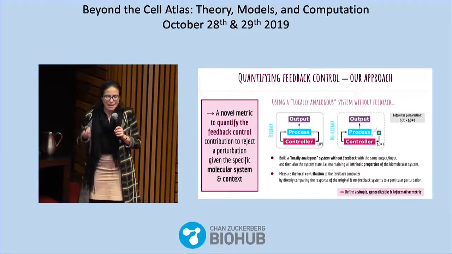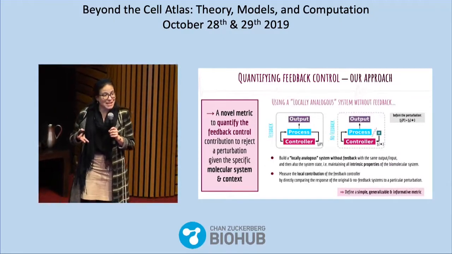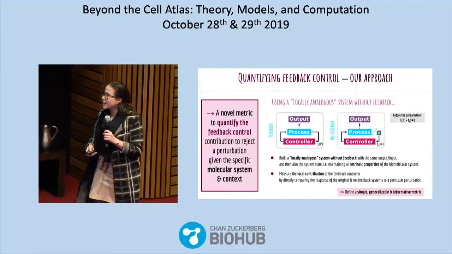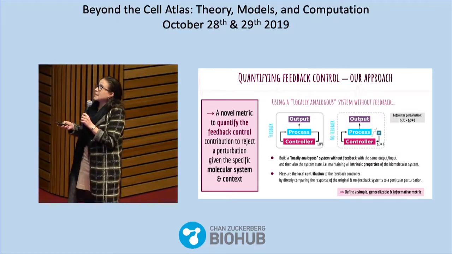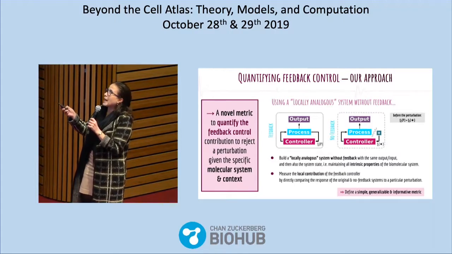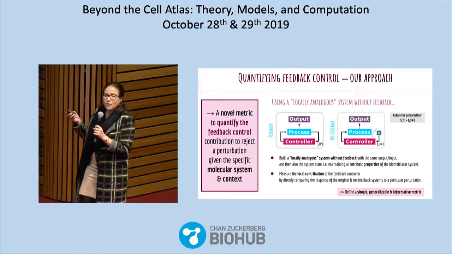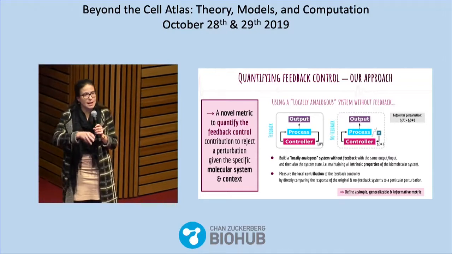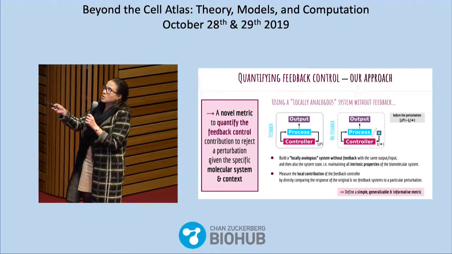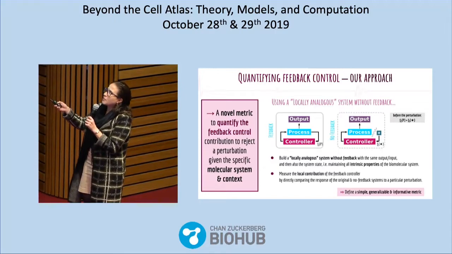And the concept behind the proposed metric is actually really simple, and for the same reason, generalizable. For any feedback control system, by conceptualizing it as in this diagram, we can determine this crucial link, the feedback information from the process state to the controller. And we actually don't care if these boxes overlap or not, as long as we can identify this link.